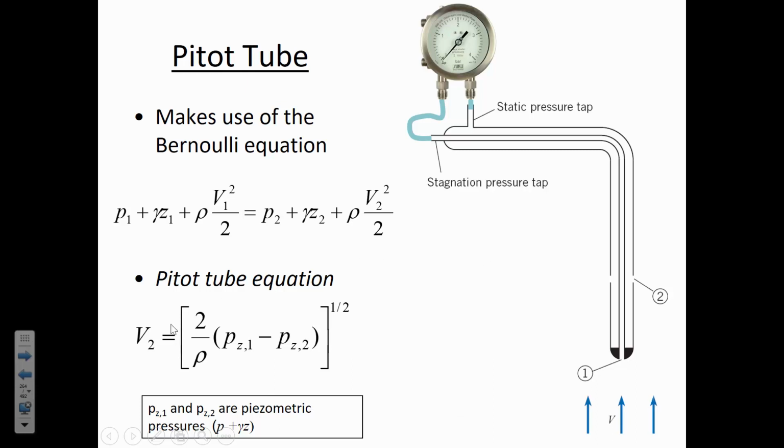And so we've rearranged this to solve for an unknown velocity by measuring the piezometric pressure difference between the